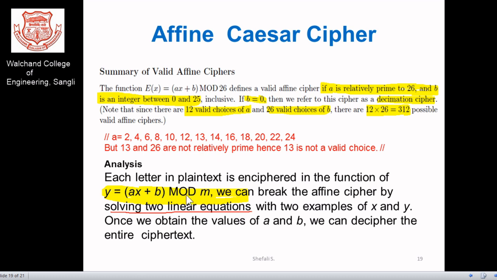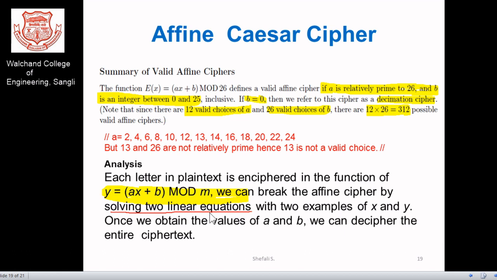But if you have more than one cipher, then obviously you have two linear equations, and by solving these two linear equations you may find your X and Y values, or you can do some guessing. But guessing is more difficult than for the Caesar cipher, and these again involve linear equations. So you may say this is part of linear cryptography, which is one of the research areas of cryptographic algorithms.